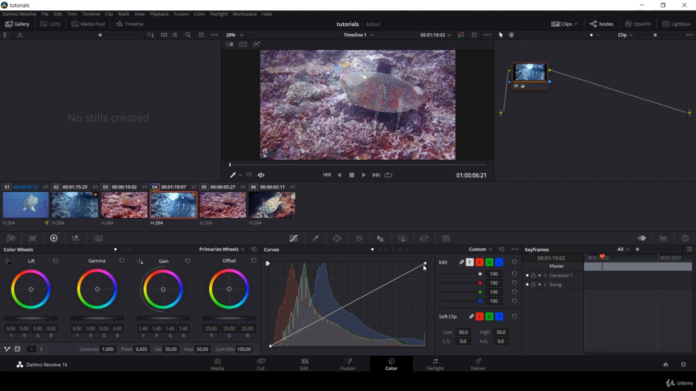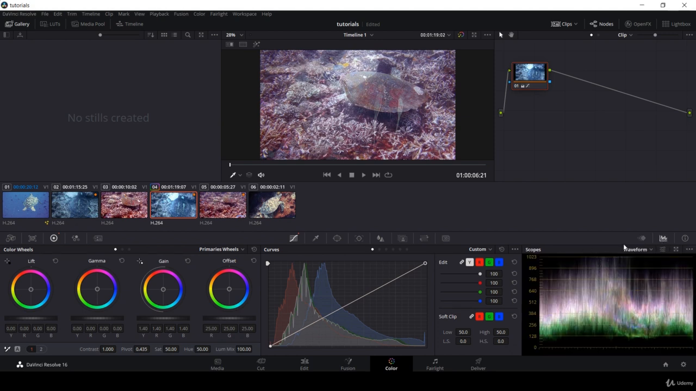The next one is the curves tool. This also works the same way. Before that, let's look at the scopes. The scopes are essential in doing color correction or grading. So this is the representation of this image. It is from the left to the right. So if you move this,